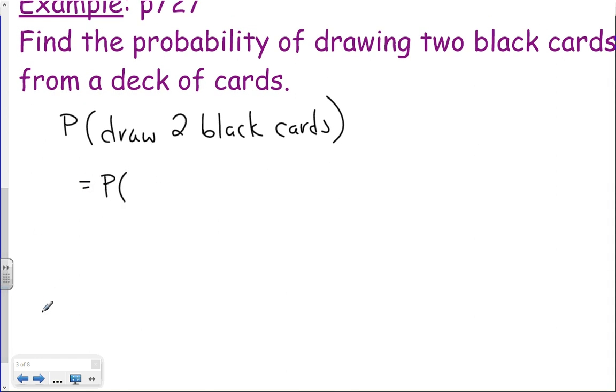So this is equal to the probability of drawing the first black card. And we have to multiply this by the probability of drawing the second black card. But when I draw the first card out of there, there's, first of all, one fewer card to pick from. But secondly, if that first card is black, there's one fewer black card as well. So it's times the probability of drawing,